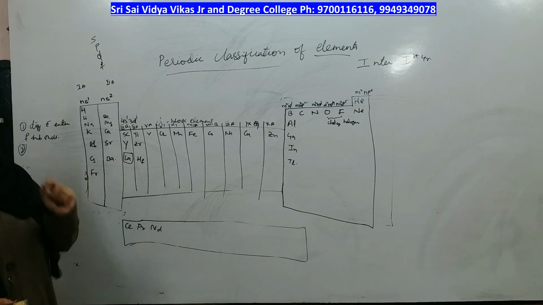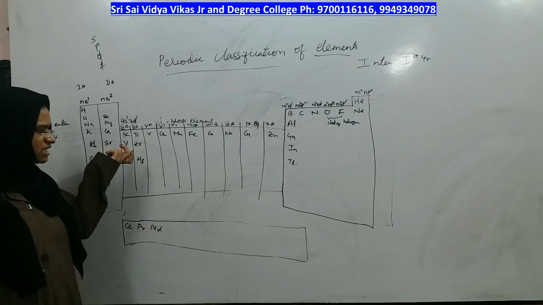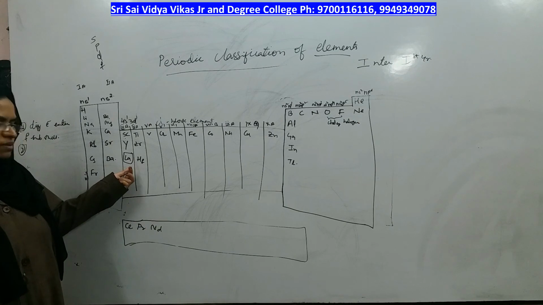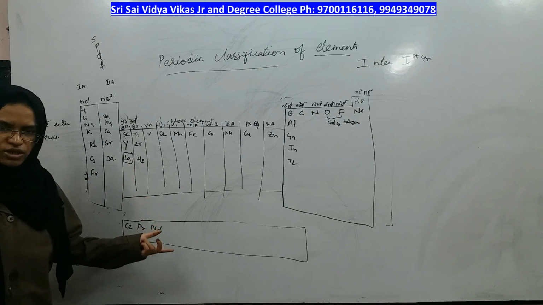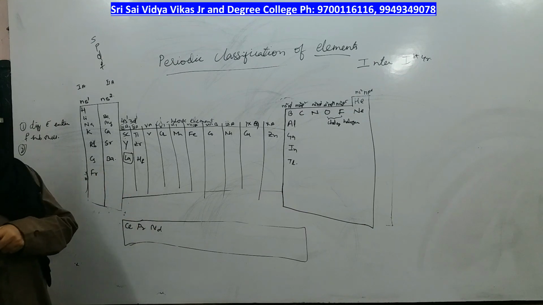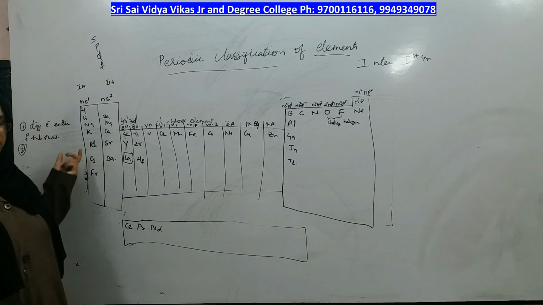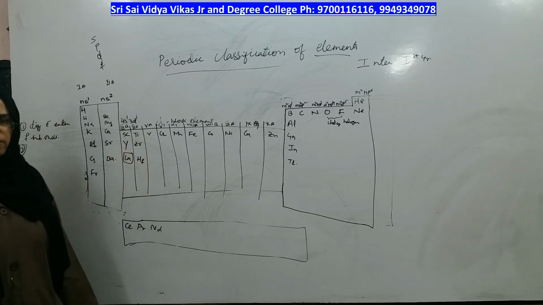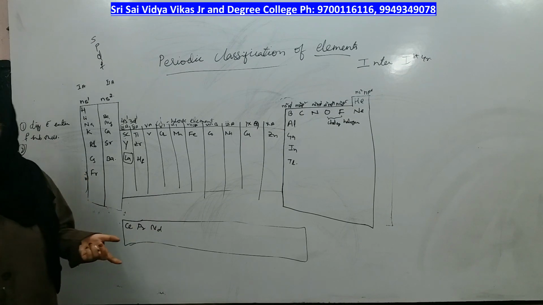We are writing them at the bottom of the periodic table, as we cannot write what is inside this third A group element. Therefore, we are representing them as a separate box at the bottom of the periodic table. Where are they present in the periodic table? You should not write like how we wrote for S block, left side of the periodic table, P block, right side of the periodic table. We should not write for F block that they are present at the bottom of the periodic table.